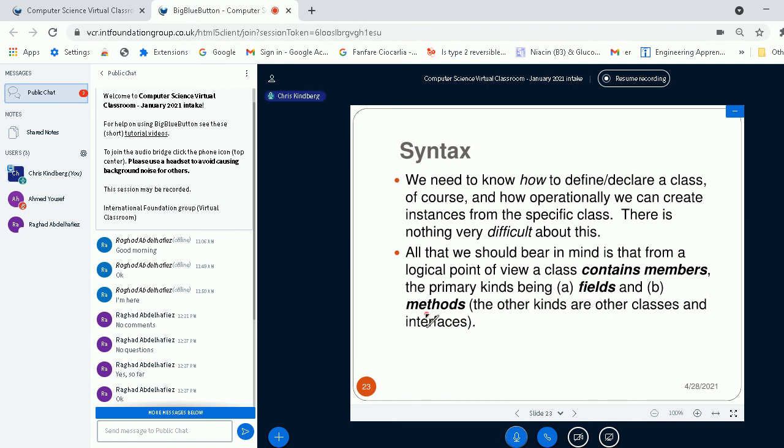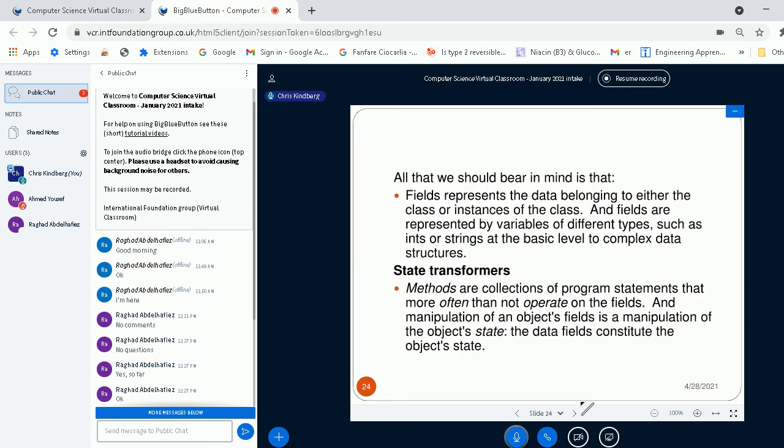And I think within a class you can actually define an interface, but that's a whole new story. So let me see if I can turn the slide.